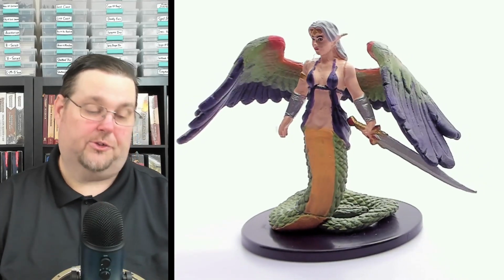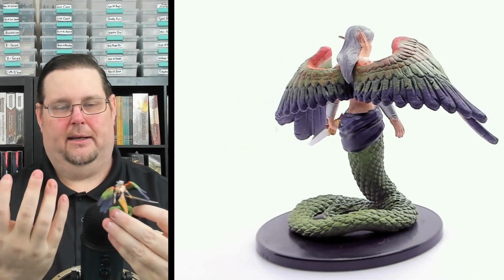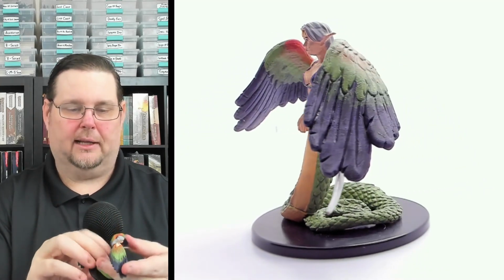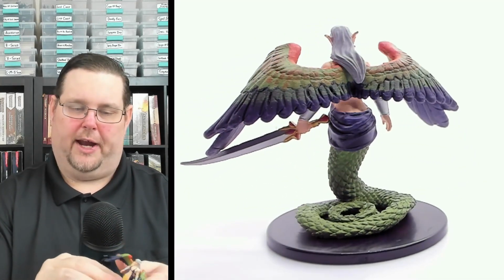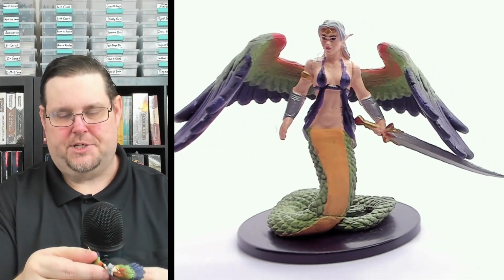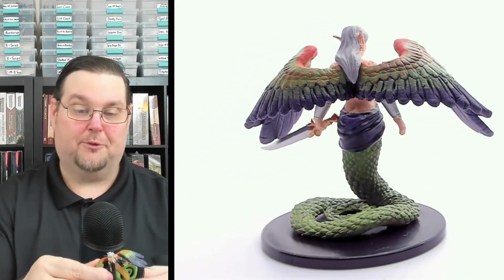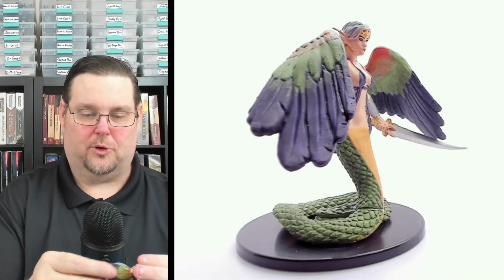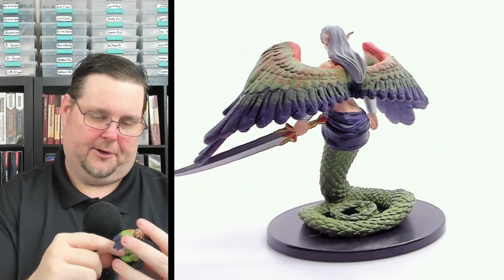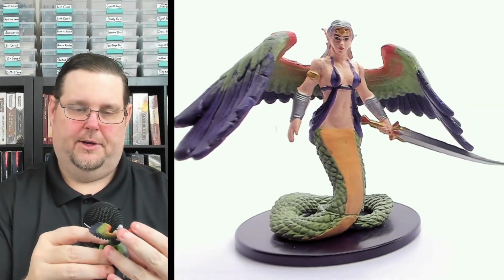So number 27, this is a beautiful miniature. This is called Asaya, and it looks like a Lamia. I mean, if I'm not mistaken, this is a Lamia. But she looks absolutely beautiful. I love the colors. The blue fading up to green to red to a brighter red. Yeah, she looks good. She's got a crown on, definitely got pointy ears. No bleed over from the ears on the hair. Beautiful sword. Bracers. Yeah, the texture on her body and her tail is amazing. Coiled onto the base, on a large